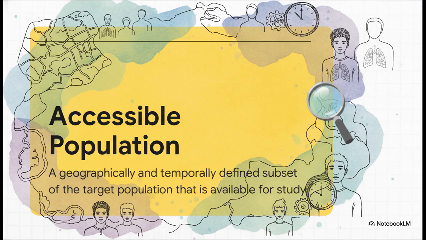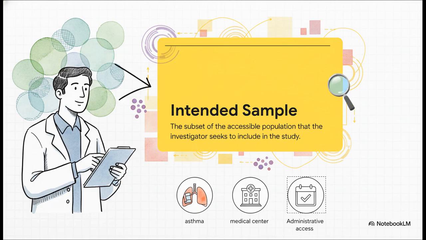It gets refined by practical things, like geography and time. This gets us to what we call the accessible population, that subset of the target group that's actually within a researcher's reach. So maybe that's teenagers with asthma in our city this year. From that more manageable, accessible group, the researcher then has to make an even more specific plan. The intended sample is the group they actually aim to recruit, and that's often shaped by who they can practically contact. So now we're thinking something like teenagers with asthma who are treated at the 3 local clinics we can